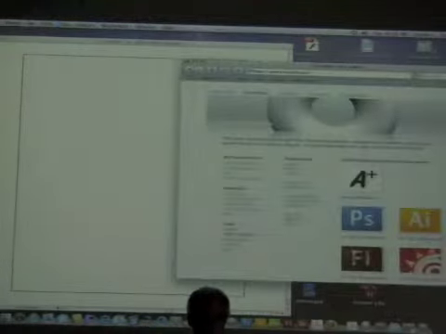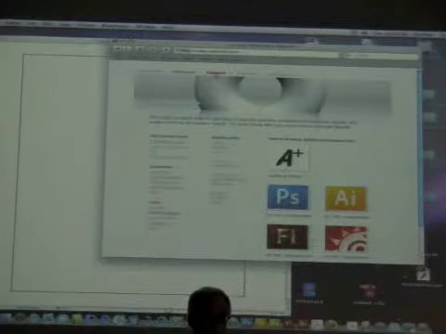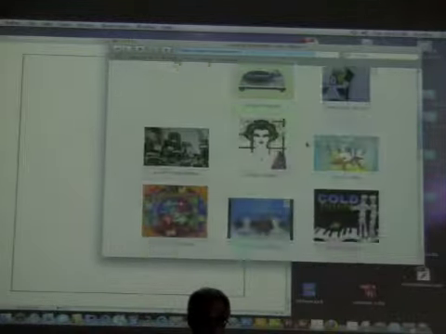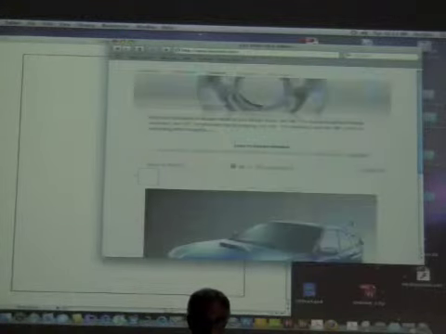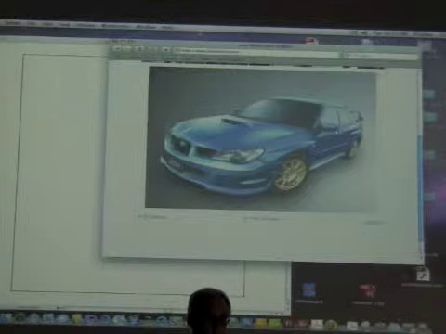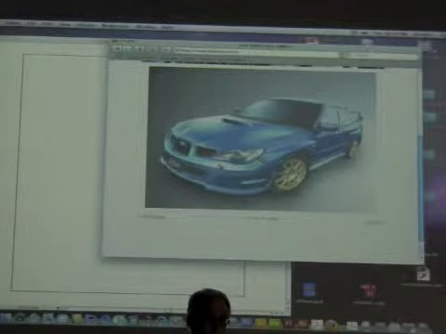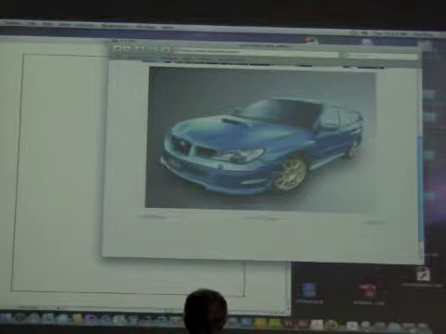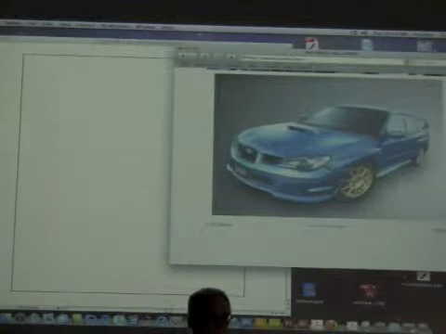One is on my website, and if we look at student artwork, and we scroll down to this car, he used the gradient mesh tool extensively to create all of these subtle gradients. You use this tool specifically when you simply can't use a linear or radial gradient and you need the different colors to go in subtle directions, in subtle little directions. So that's a good one. The other one